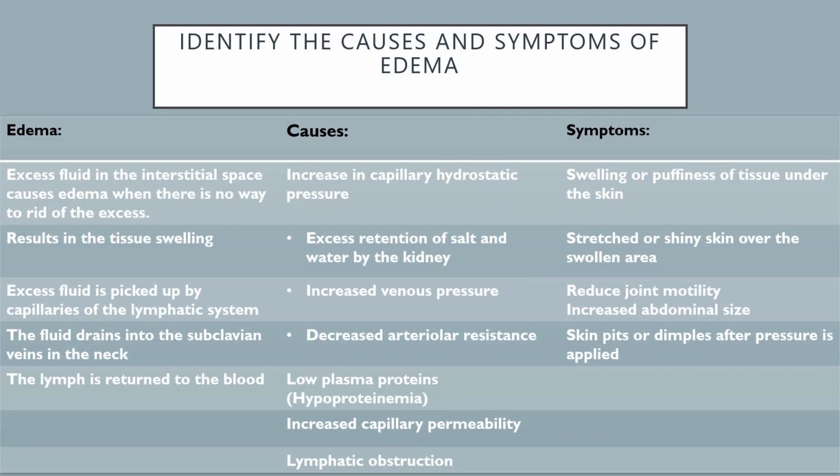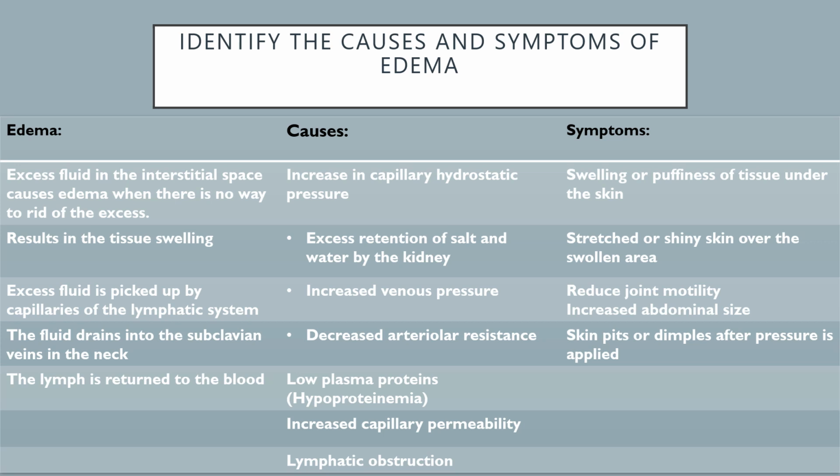About 24 liters of fluid per day are filtered and 20.4 liters are reabsorbed. If there is no way to mobilize this excess fluid, it would remain in the interstitial space. This causes tissue swelling known as edema. The excess fluid is picked up by the capillaries of the lymphatic system. These thin-walled vessels have many valves that ensure unidirectional flow through larger lymphatic vessels that eventually drain into the subclavian veins in the neck. An important function of the lymphatic system is to return this fluid, known as lymph, back into the bloodstream.